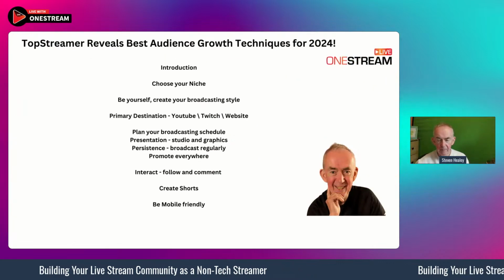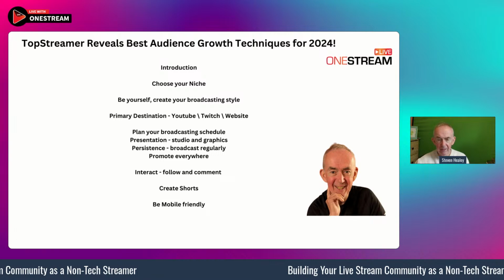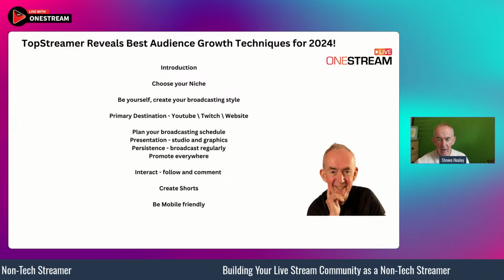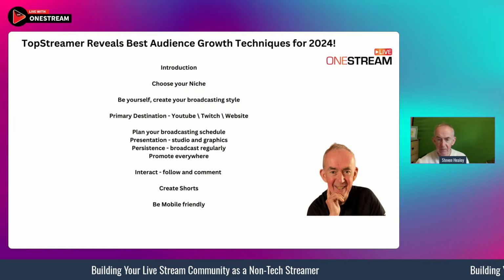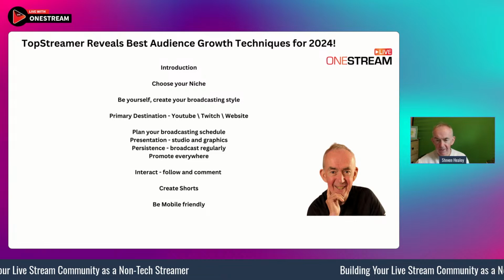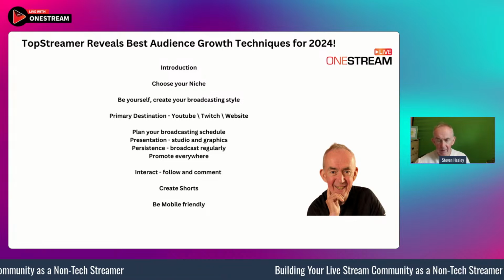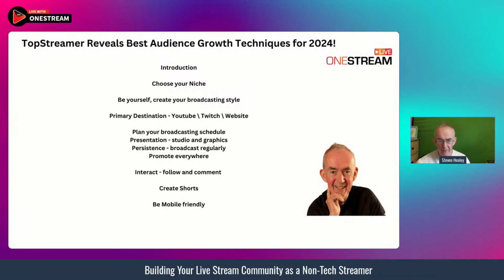Now, the first few minutes of any broadcast are important. You've invited people to join you at 10 a.m. Eastern. You have to be ready from the get-go. You've got to start talking from the get-go, and that means you need to be organized. So what we're doing at the moment is the introduction. Then we're going to go on to choosing your niche, which is important. What are you going to broadcast about?